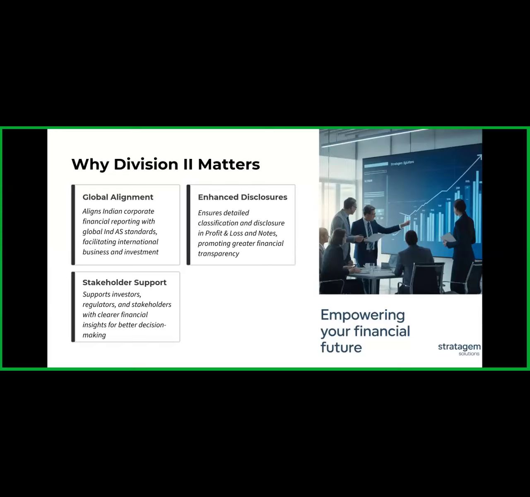So what does the government want? The government wants to ensure detailed classification and disclosure in the profit and loss accounts and notes. If there is any incomplete information disclosed by the companies, if there are any notes missing in the financial statement, then whoever reads the financial statement may be confused, or may not be able to understand the complete meaning of the financial statements. So that's why the Companies Amendment Act wants the complete disclosure of